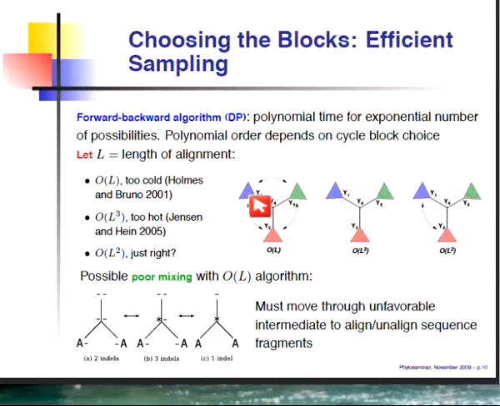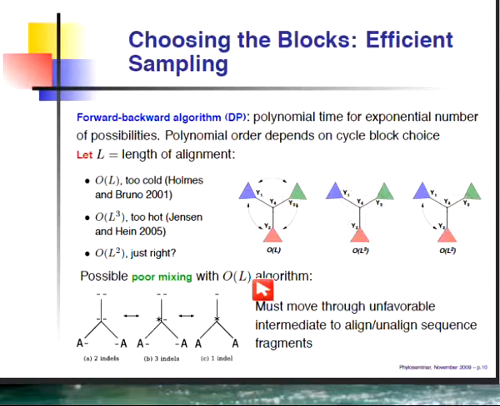So this is a huge tree I'm looking at, and this node right here in the middle is just one internal node in that tree, and these are all the subtrees that are tangent to it. And Ian said, I'm just going to resample the character. Is it a character or not? And is it homologous to sequence 1, 2, or 3 or not at each of these internal nodes in sequence? And that leads to a very low order, a very fast polynomial time algorithm. It's just linear in the length of the sequence. So it's very fast to do. But unfortunately, you don't move around the space very quickly. And as a matter of fact, it leads to rather poor mixing.